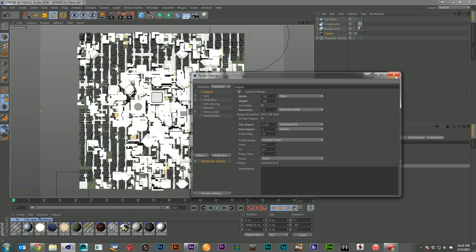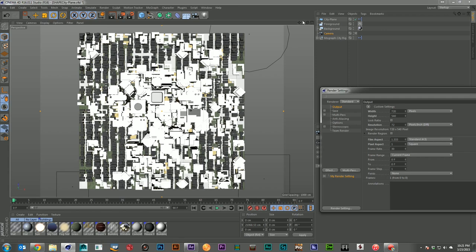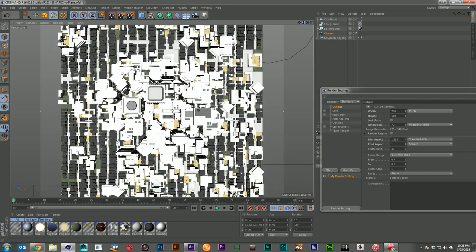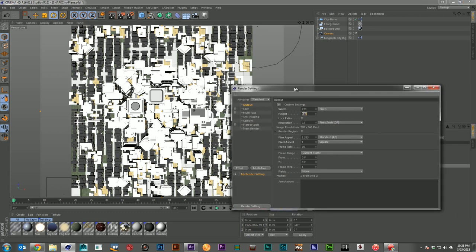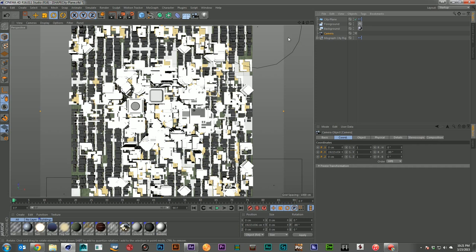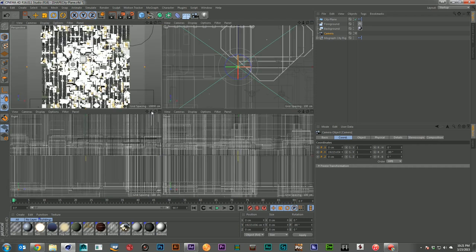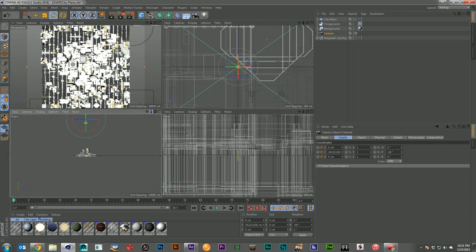There we go. And we'll zoom in just a little bit so it fills up the space a little better. And then we'll come back to our camera, look at it from a side view. There it is. And we're about 20,000 units away, about 20,000 centimeters.